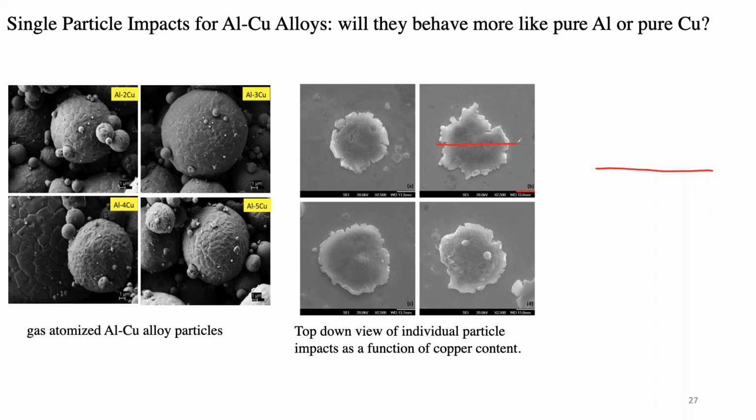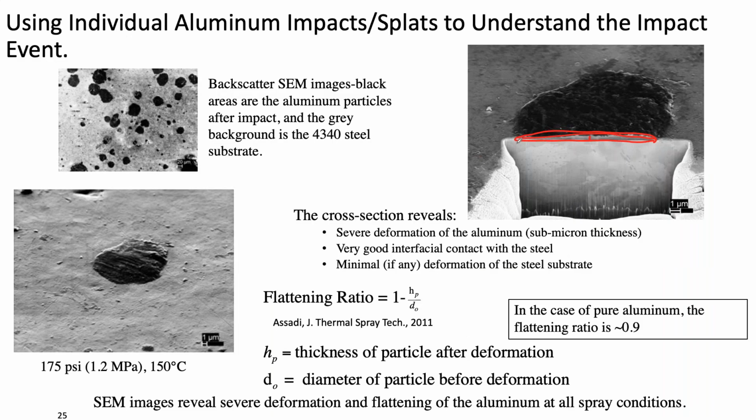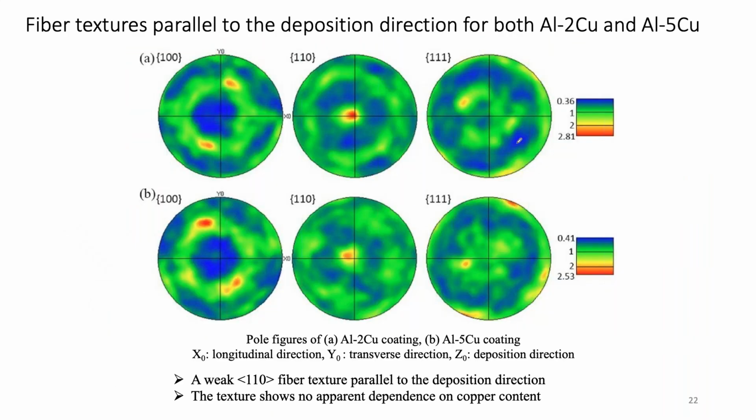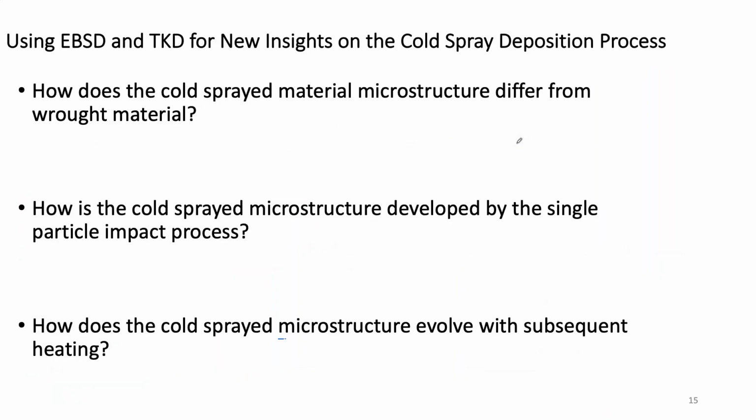Question about strain rates and impact. Why don't you get a formation, or do you get a formation of amorphous metal at all? That's a great question. The short answer is I don't know. The slightly longer answer is,